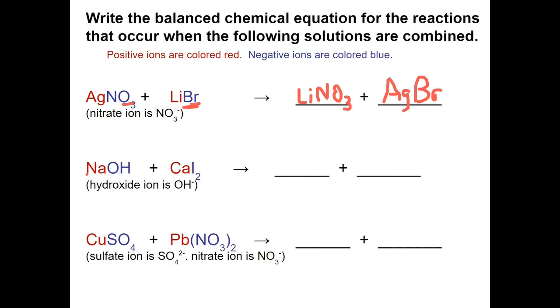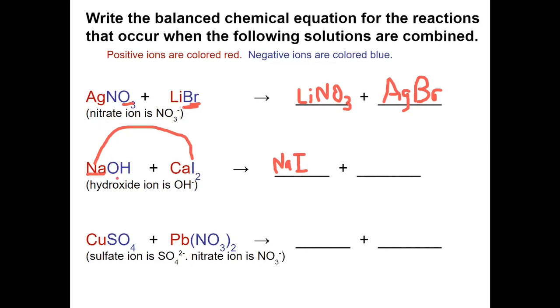In the next equation, we've got Na. Na is sodium ion, group 1, so a +1 charge. It's paired initially with hydroxide, which they tell you below is OH with a 1 minus charge. It's polyatomic. That's mixed with calcium, which is a group 2 element, so +2 charge, and it's paired with iodide ion, which is a 1 minus charge. So let's think of the new ways that we can pair a positive with negative. Well, what if we took sodium and paired it with iodide? A +1 sodium paired with a -1 iodide. That's a good formula. Na, positive ion listed first, I,